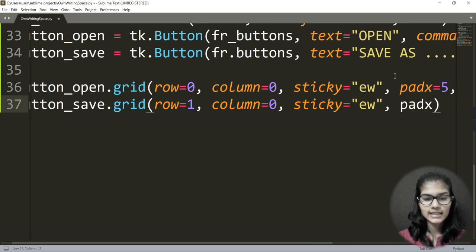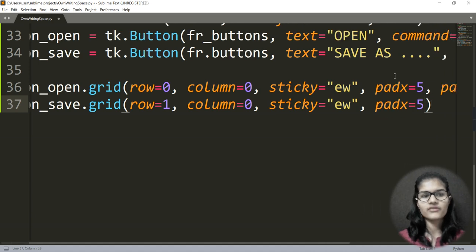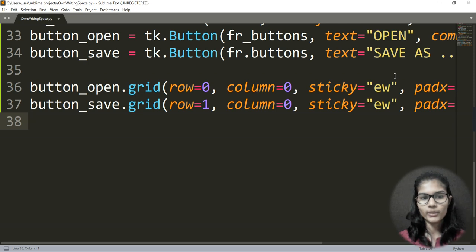So padx is equal to 5. Let us not give the pady value because firstly open will come, then the save would come, and after save we do not have any other option, so I'm not going to give any pady value.